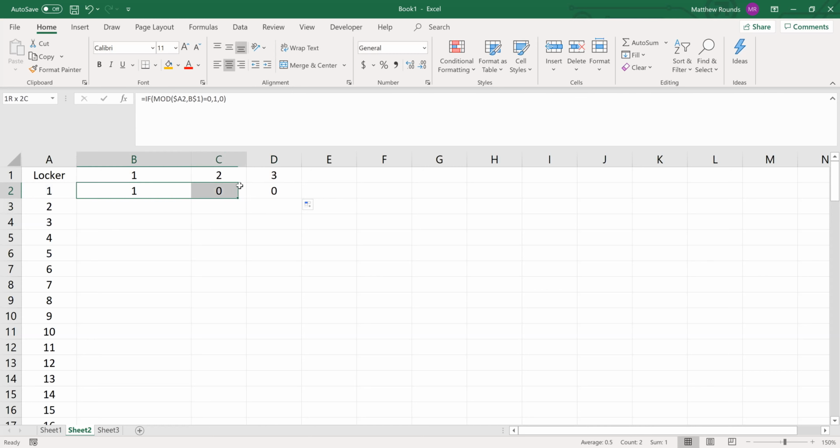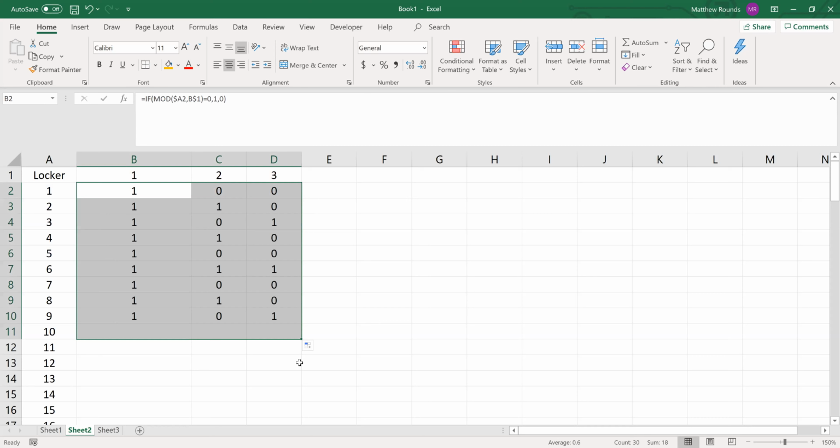Sorry, I'm not giving you much explanation here, but it'll make more sense when I copy this down. Why is it not copying down? Okay, so what this chart shows you